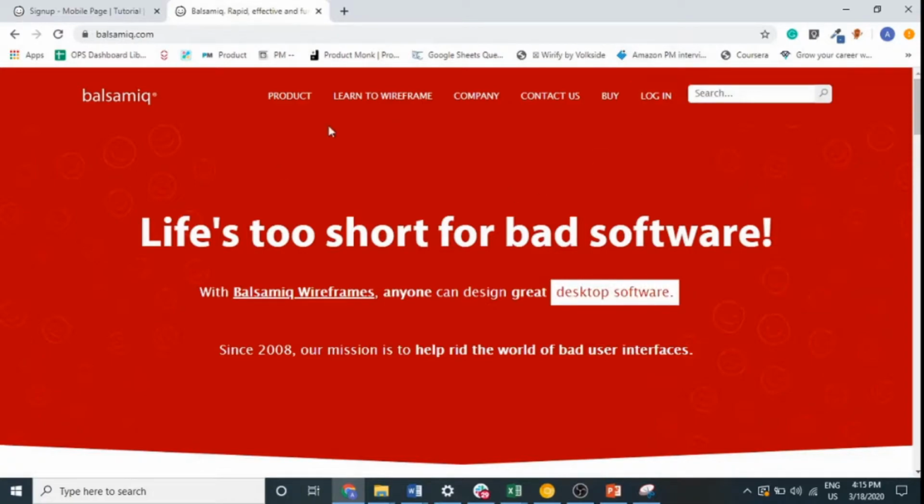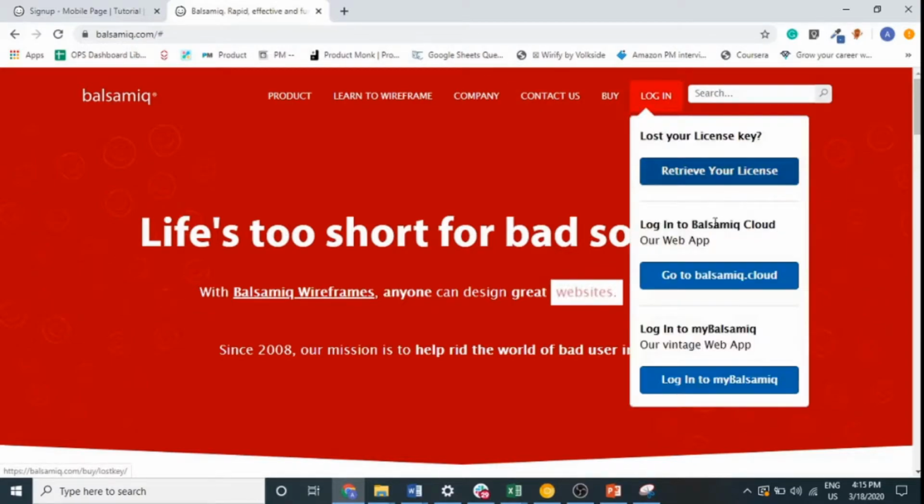So this is the Balsamiq home page. When you land on this home page, you'll see this very basic layout. When I click on login, I have three versions which I can use. The first one is the license key, the second is the Balsamiq cloud, and the third one is the web app. I'll be using the cloud version today because